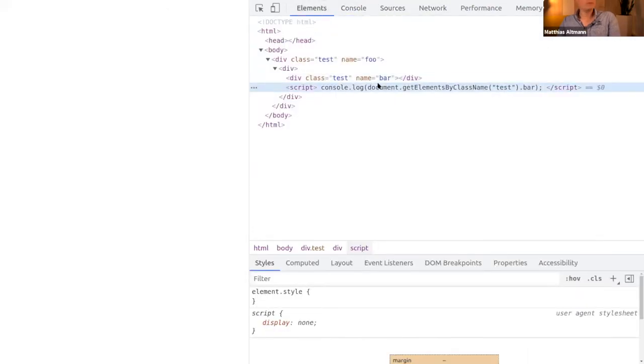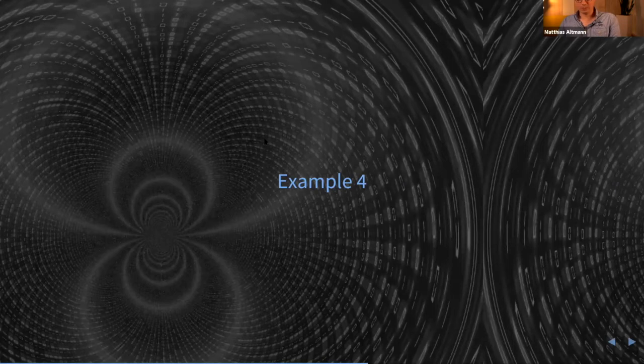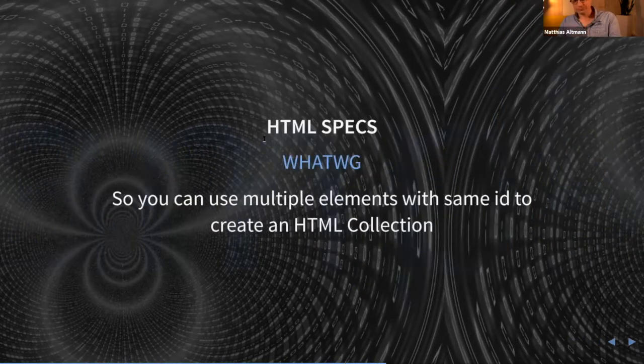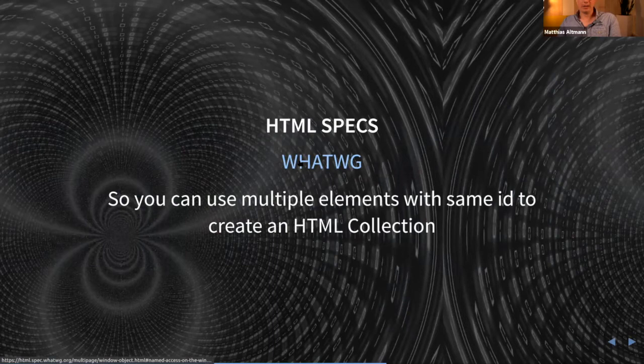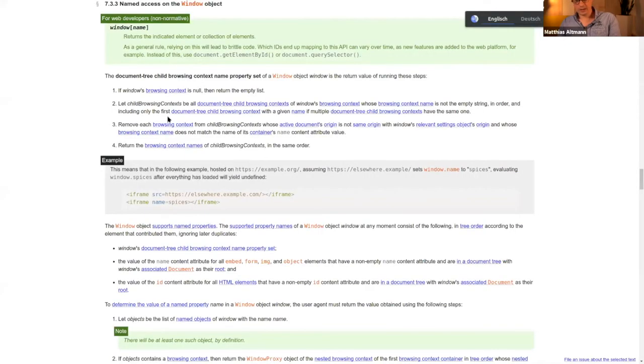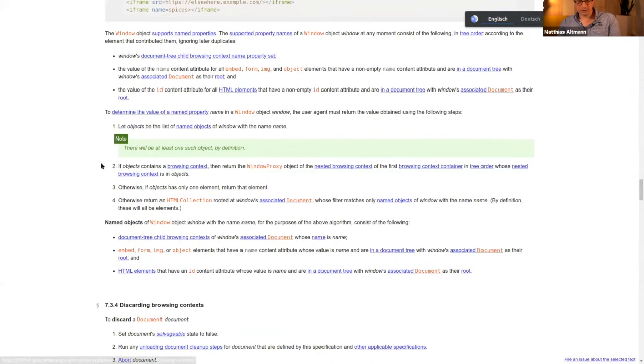If you have any questions, don't hesitate to disturb me. I try to explain it step by step. Then we have the HTML specs, which you can find here from WHATWG, which say in the object point: if the object has only one element, return that element.